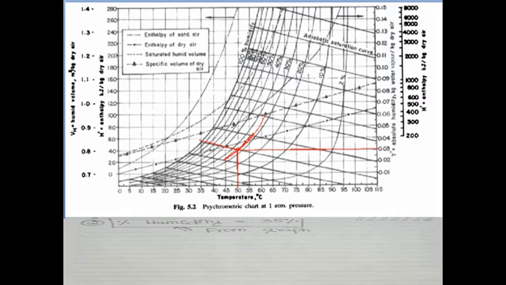As I already said, compared with the analytical method, graphical methods are approximate methods. This is not the exact solution, this is the approximate solution. Are you clear? Okay. In your examination, there is no need to paste the graph. Instead, take the reading from the graph and mention the data as "from the graph" in the exam paper. Keep that in mind.